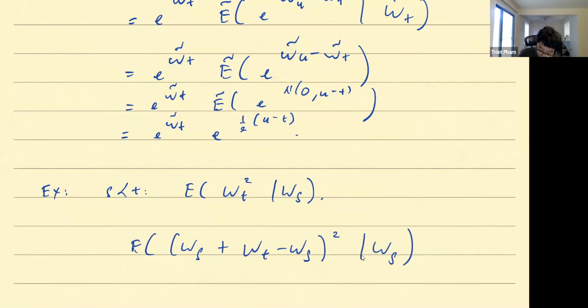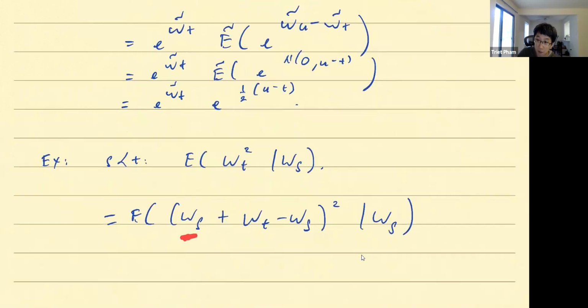And you manipulate, but in your manipulation, you always want to keep the present and the future increment as a block. You do not want to mix things like this. If you mix things like this, it becomes meaningless because this has no meaning in terms of conditioning from the present point of view. So you will expand this square, keeping these two as two blocks. So in other words, this will become